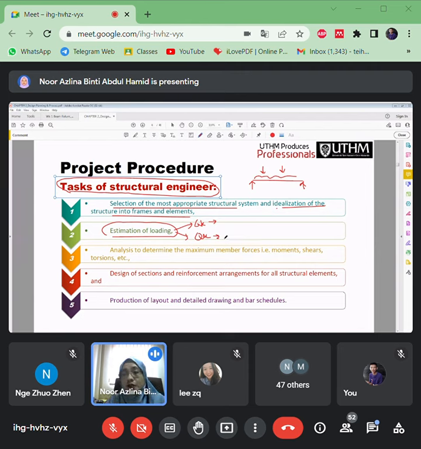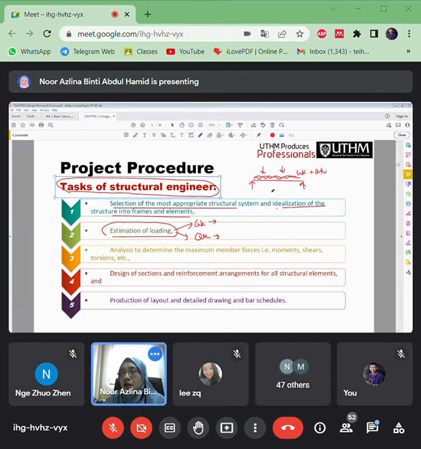So Qk, which is variable, changes within time, depending on the people and the functions of that area. So that is the Qk. So these are the things that you will estimate: what's the load from the Gk, and maybe other loads from the Qk. If there are any point loads from the columns or any point loads from the secondary beams and so on.